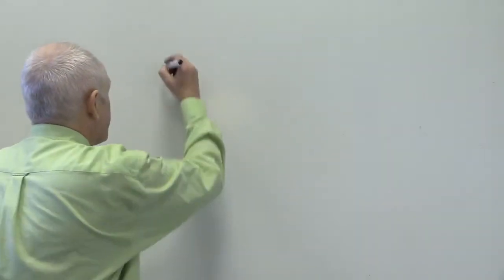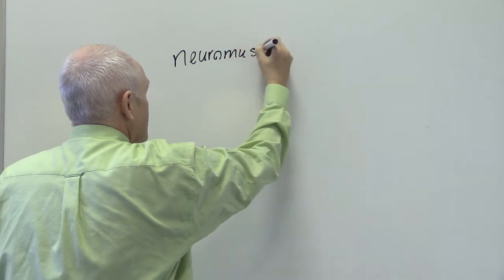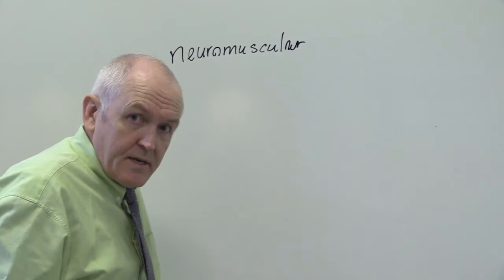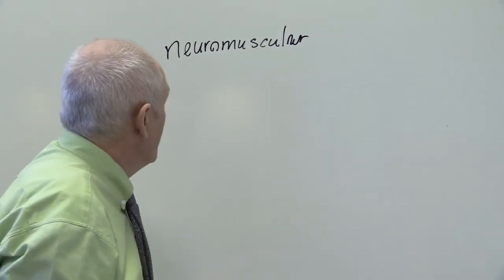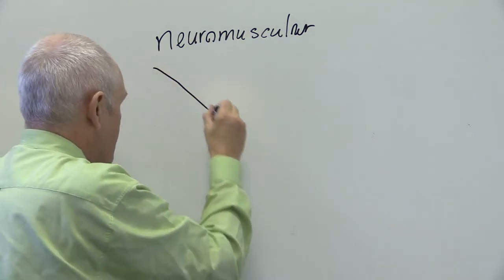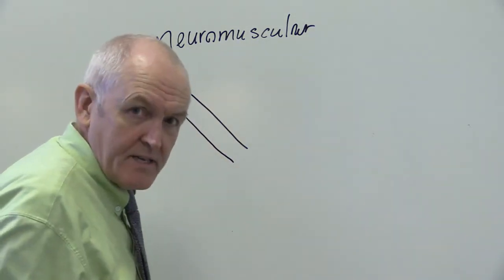So we've looked at synapses between individual nerve cells, and because it's very important, I want to look at a little bit more detail at the neuromuscular junction. So neuromuscular, the junction between the nerve and the muscle. So here we have a motor neuron coming down, and as it terminates, it's going to